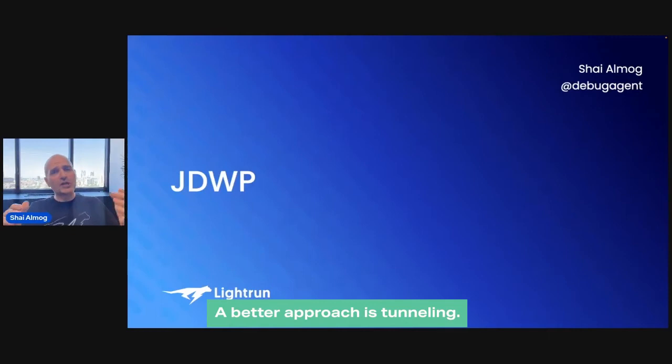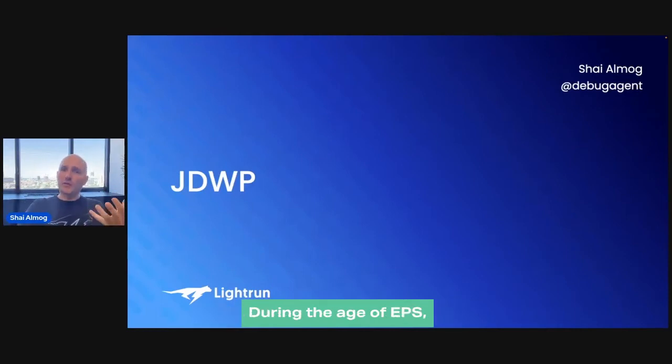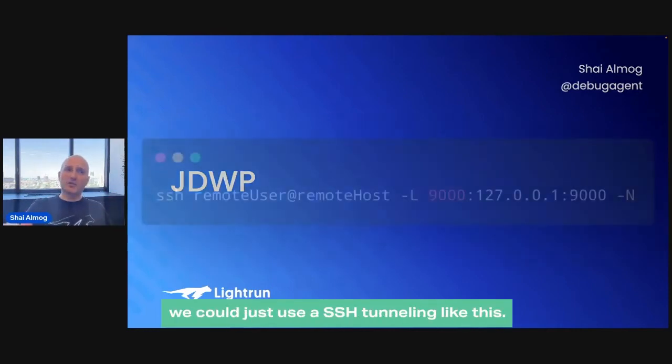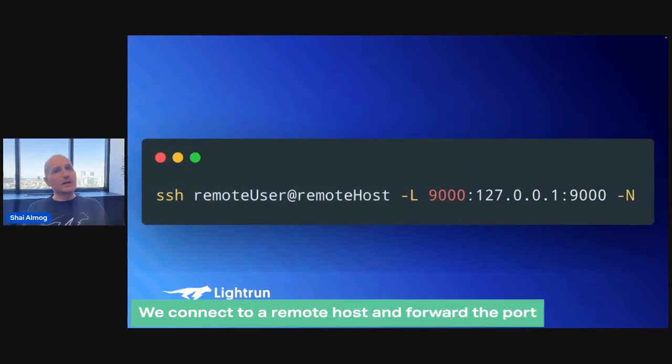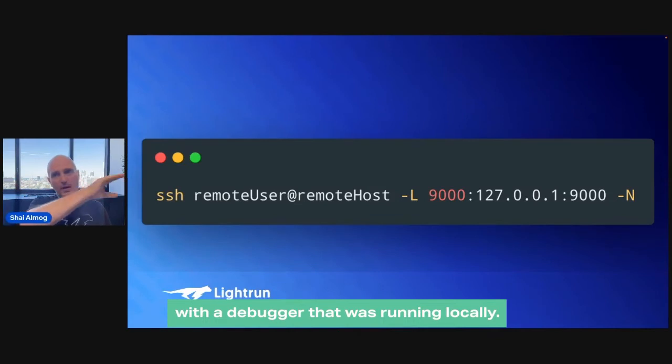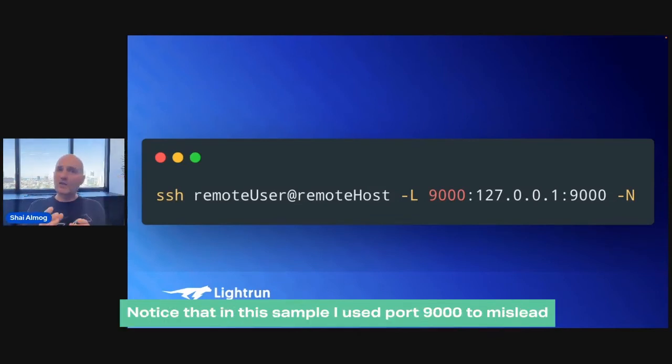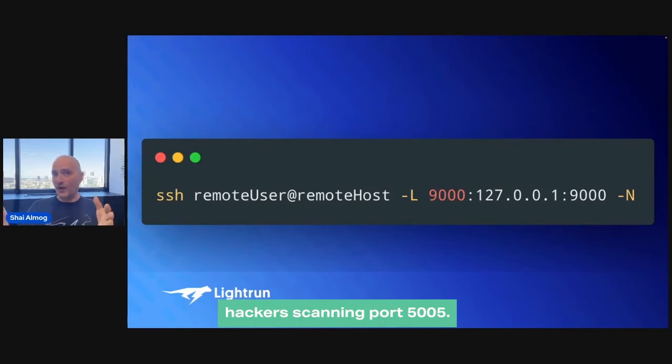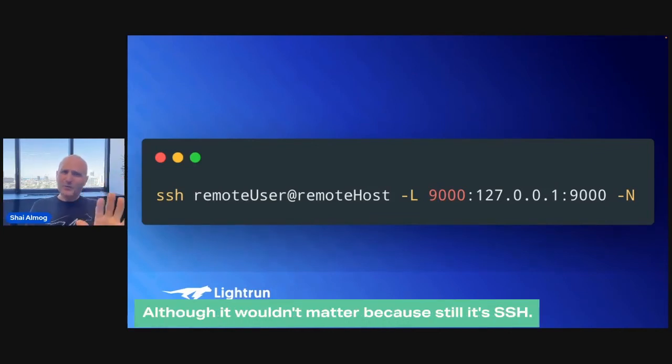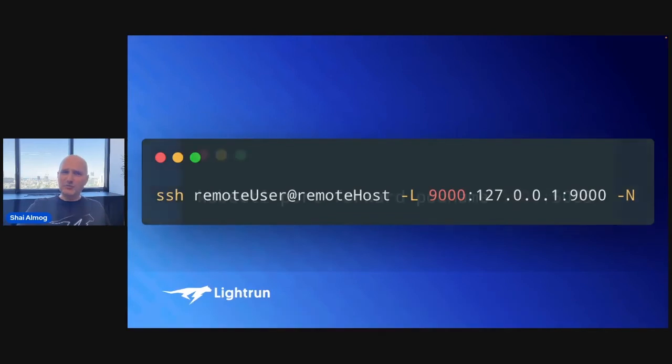A better approach is tunneling. During the age of VPS, we could just use SSH tunneling, like this. We'd connect to a remote host and forward the port where the debugger was running locally. Notice that in this sample, I used port 9000 to mislead hackers scanning port 5005, although it wouldn't matter because still it's SSH.